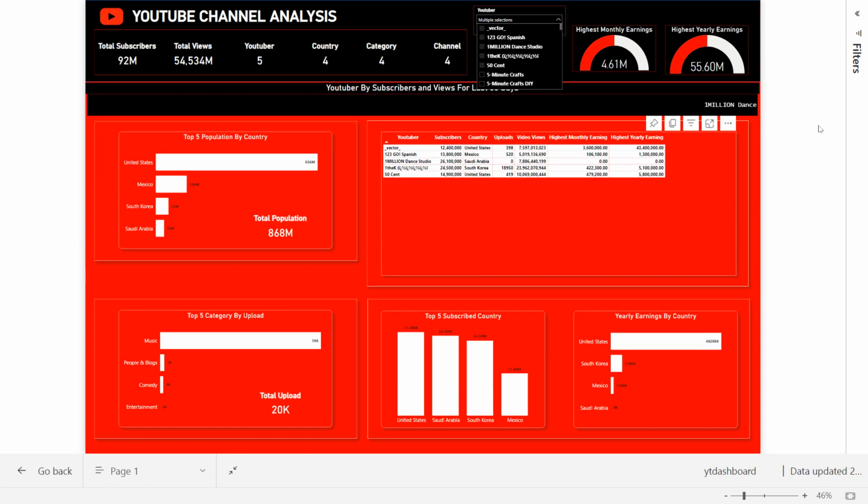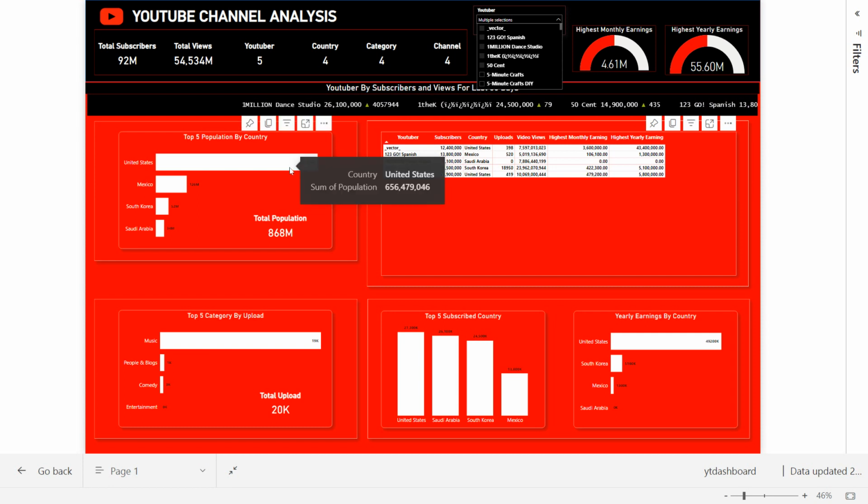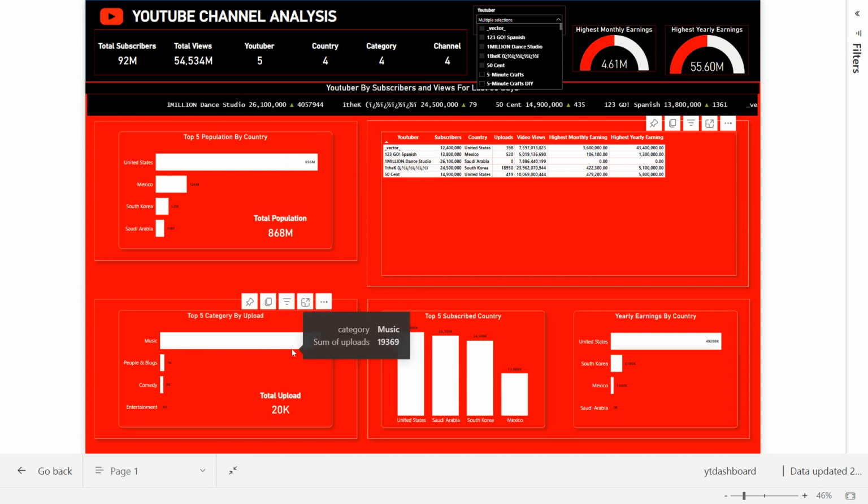Vector. Here you can see for Vector 123 Go Spanish, 1 million dance studios, non-thick and 50 cent. You can see in United States 656 million. Music,